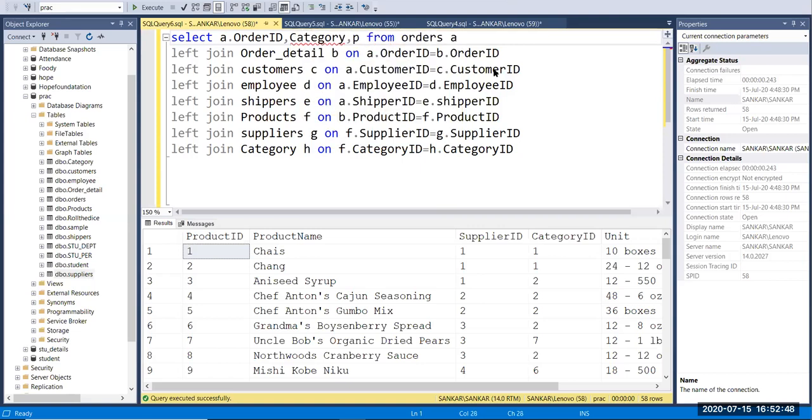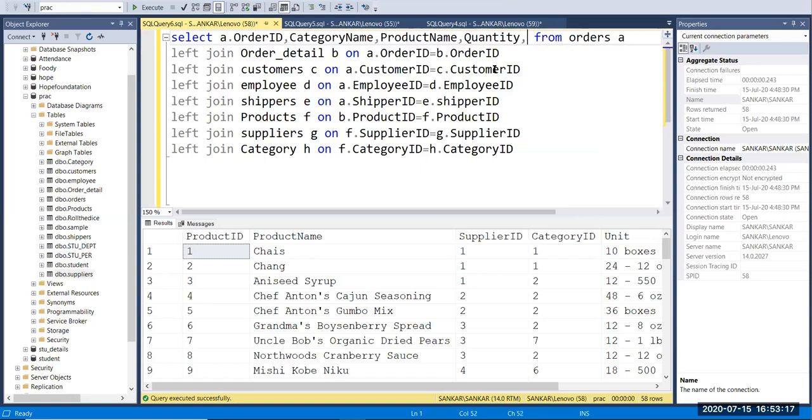Category name, I think so. Category name, right? So the category name and product name are all unique columns, so we don't need to mention their table names. Then category name, product name, and quantity.